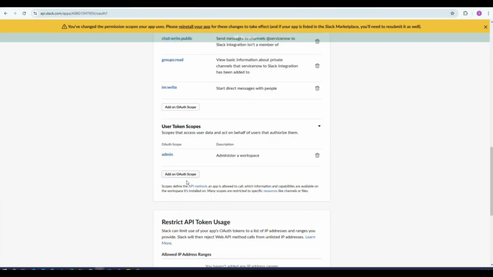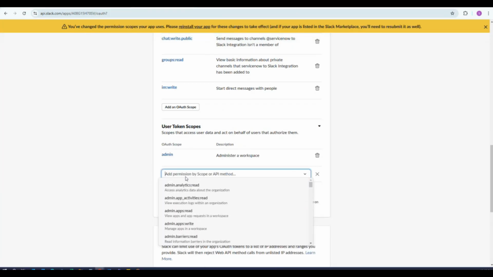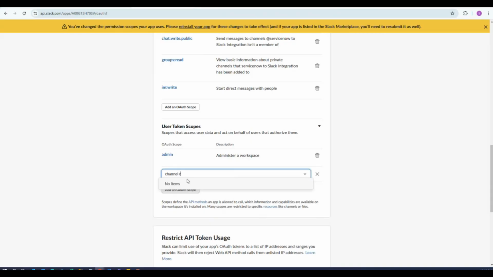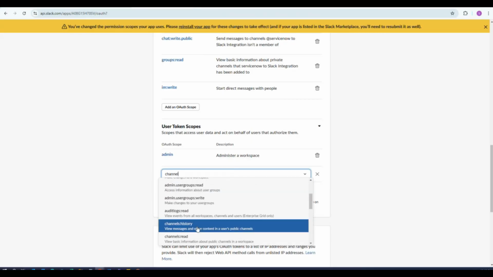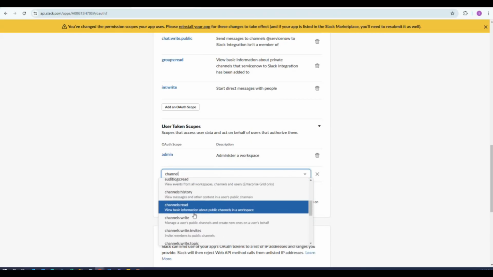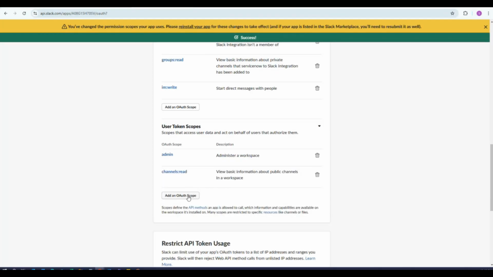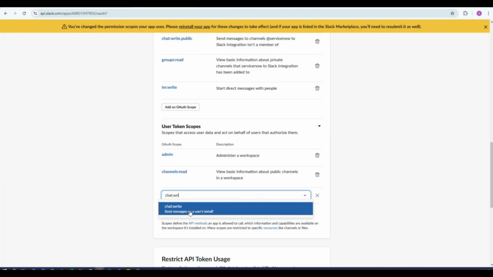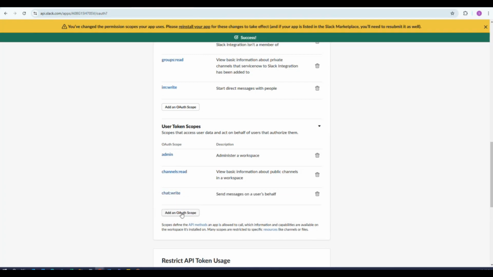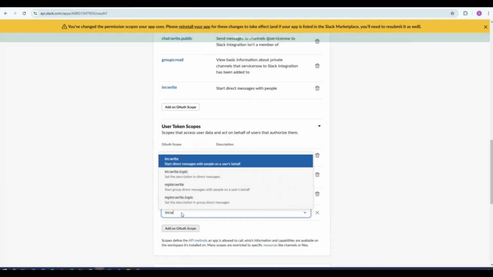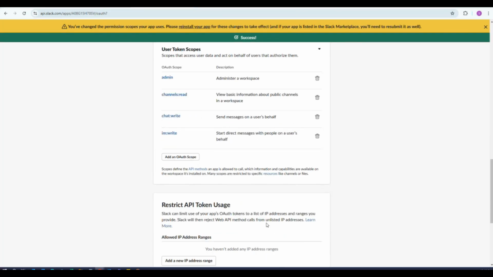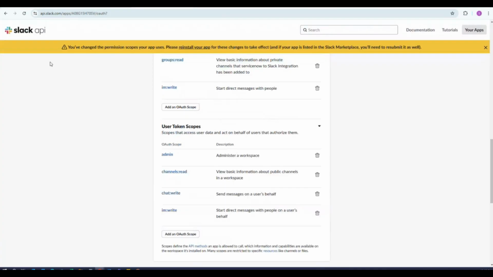I've added admin. So I'm going to add the admin, and I'm going to add one more here, channel read, and chat write, and I am right. And that's it. So we have added the scope, and you would get this message if you're adding it after